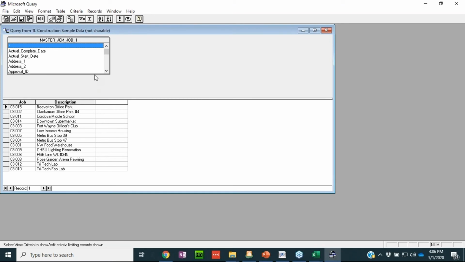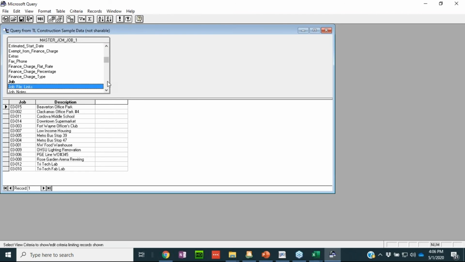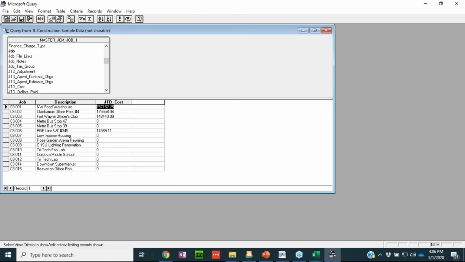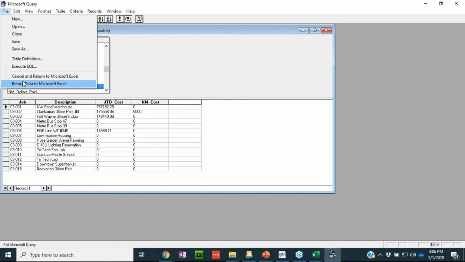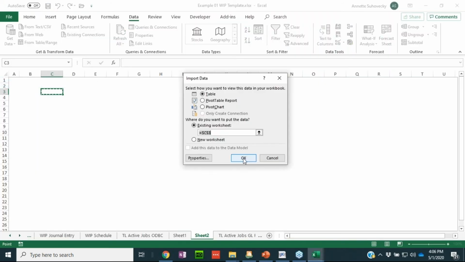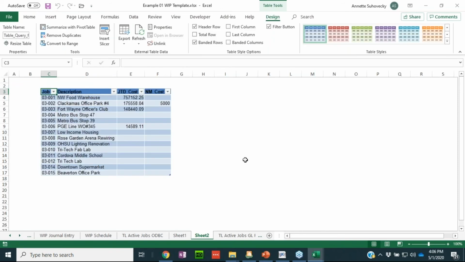So let's go down to job to date cost. And if you remember, we also had a next month cost. We're going to go back up here and go to next month. If I just return the data right now, it'll bring it back just like that, in each column. But what I can do if I want,